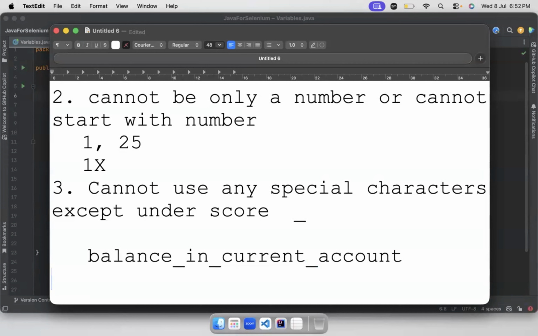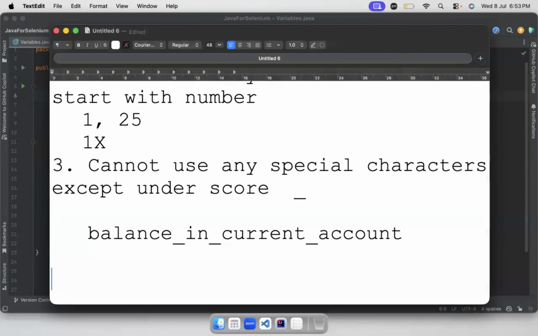But do not use any other special characters. When we write normal English, we use a space between every word. But spaces or any other special characters are not allowed. Hyphen is also not allowed. So you have to use underscore. No other special characters are allowed. Okay? So please remember, when you are giving variable names, make sure that you follow these rules. And also, the name of the variable